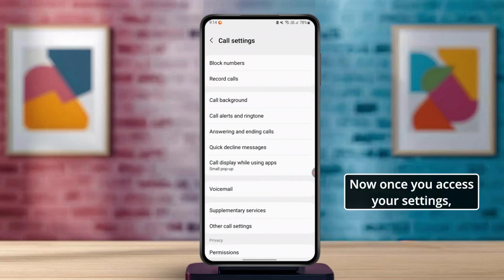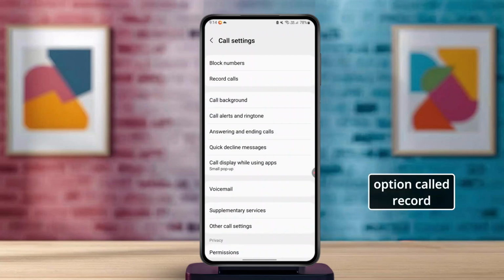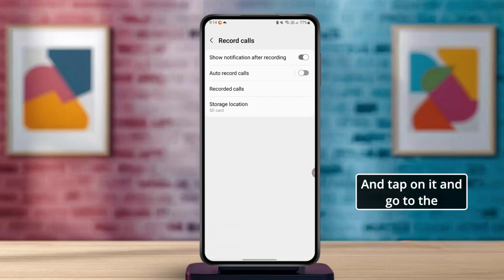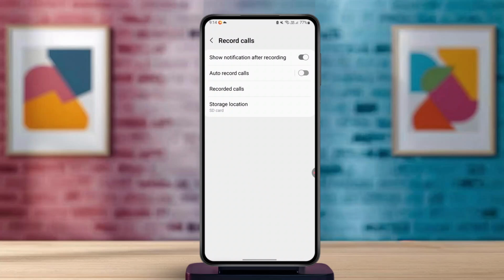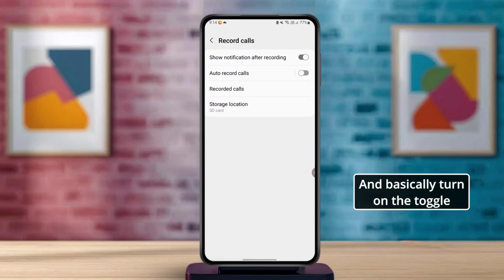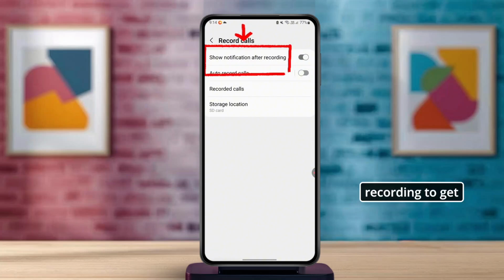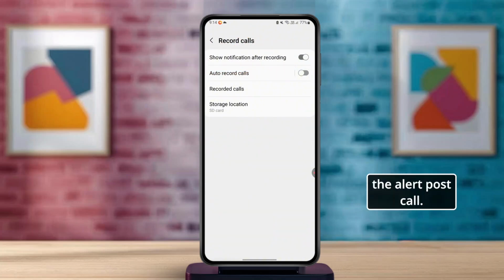Now, once you access your settings, you just need to look out for the option called record calls, recording calls, etc. and tap on it and go to the following settings and basically turn on the toggle option for the option called show notification after recording to get the alerts post call. So if this option is disabled right here, you can tap on it in order to enable it, and that will enable and get you an alert post call and get you a notification alert. You can just go over and do so,